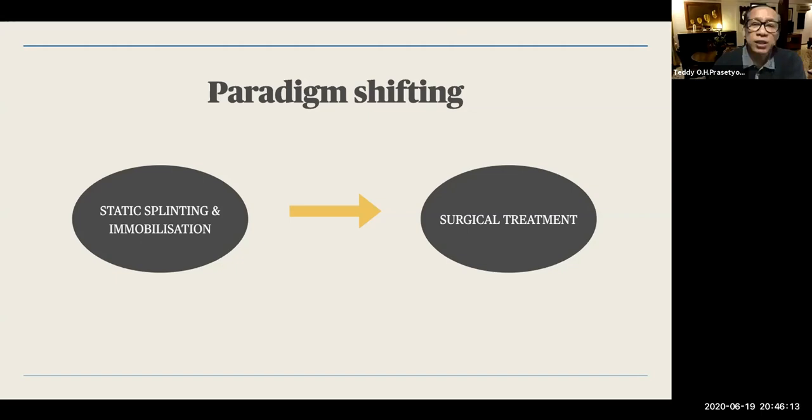But then because of the function as the top target for the patient, for any patients suffering from extensor rupture or extensor injury, the paradigm now comes more into surgical treatment. So the concern on surgical treatment has its greater room, although you actually could realize, if you deal with babies